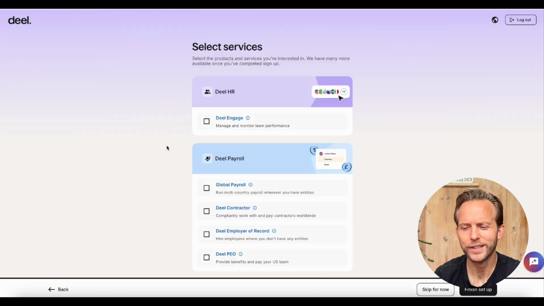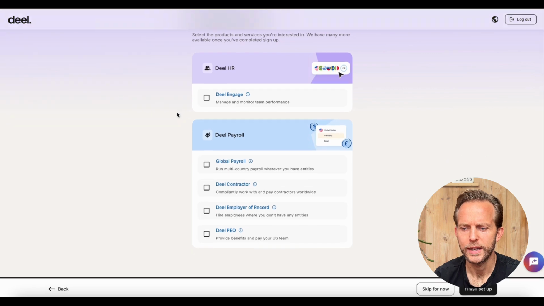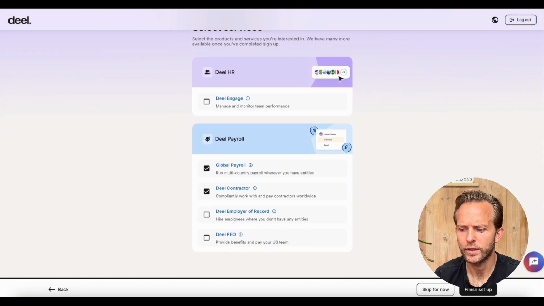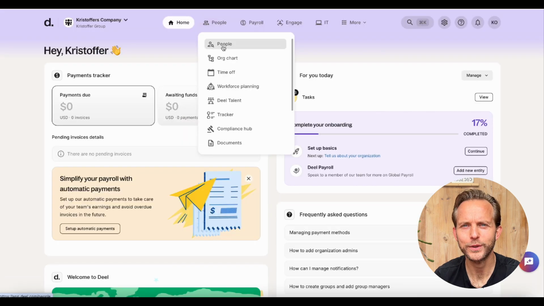So now it's gonna ask us what kind of services we think we're gonna use. And here we can just say, we think we're gonna use the global payroll, Deel Contractor. And I mean, this is just, I think more for information, but we'll start with that. So finish setup. All right, so now we're logged in and the first thing we wanna do is to go